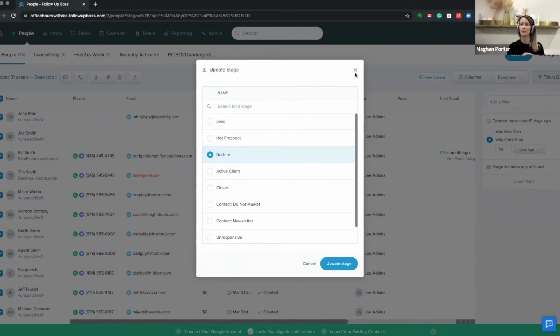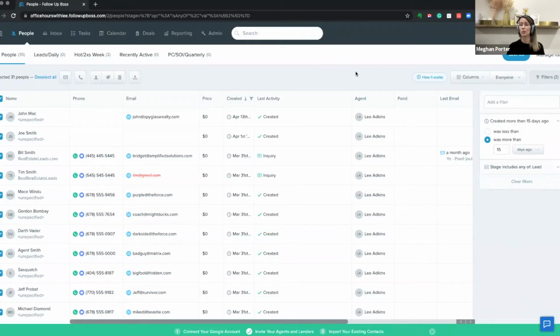A quick caution on that. It's a great thing to do, because when you're cleaning up thousands of leads, you have to mass action these, right? Otherwise, you're never going to get through it. With mass actions, there's no quick reversal. If you hit that and update, it's updating. Of course, you could go to all your nurtures and mass update back to lead, but that's going to pull everybody that you have in there. So with those, just always be really careful. That's the only thing I'm cautioning here, that you're paying attention once you do it.